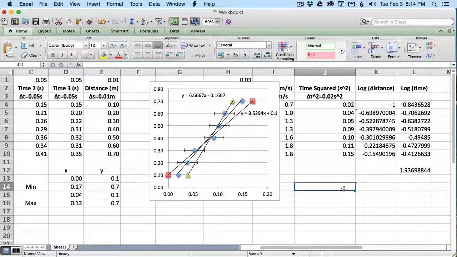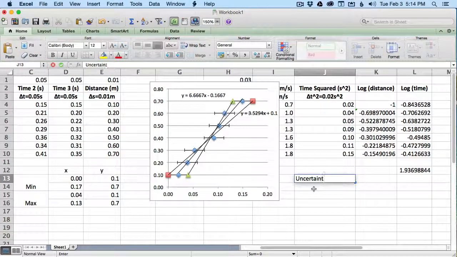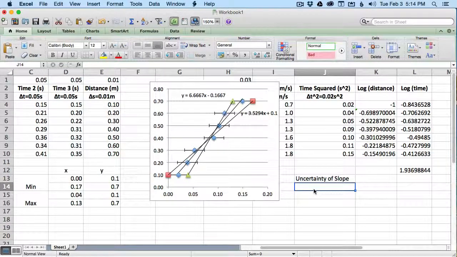maximum value minus the minimum value divided by 2. Well, in this case, I have a maximum value, it's the slope there, and I have a minimum value, it's the slope there. So what we'll do is we're going to go ahead, this is going to be a longer equation, but it'll help us figure things out. And I'll go ahead and label this uncertainty of slope. Now, I'm doing things in a fairly messy fashion just so you can see things on the screen,